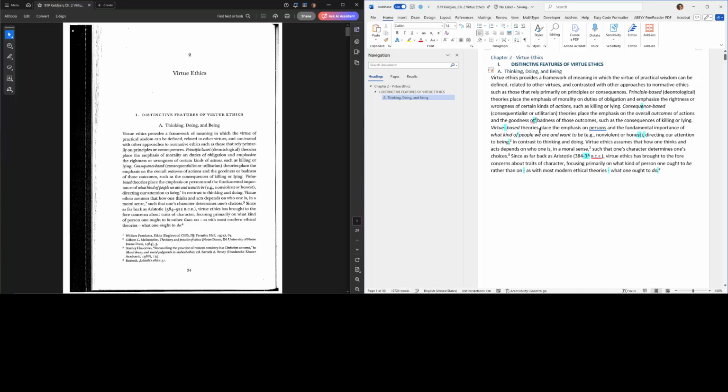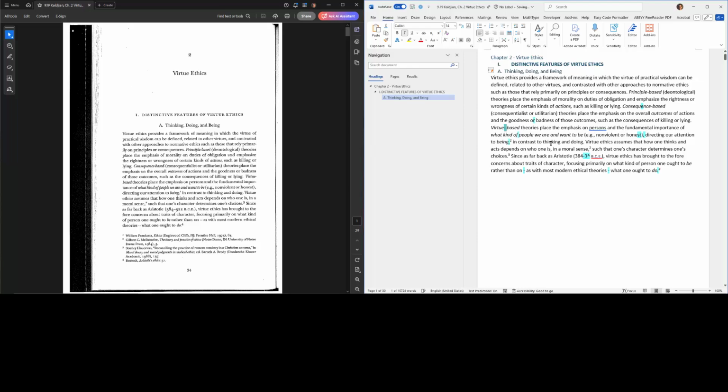And now I can start looking at the original text. Outcomes of actions and the goodness or badness sounds right. So then I'm going to come over here, goodness or badness, yes. This is really common, this dash space, especially when it's like a split word, or like this one's actually supposed to have the dash in there.